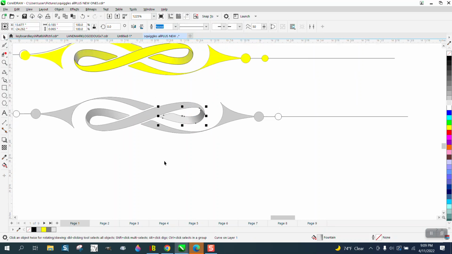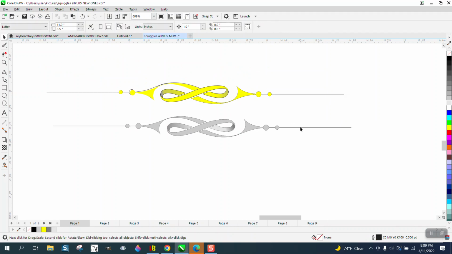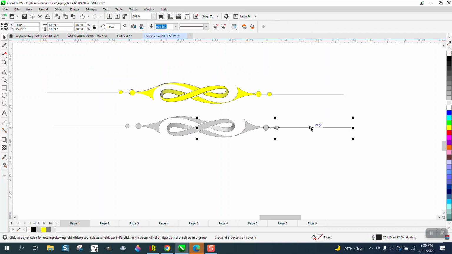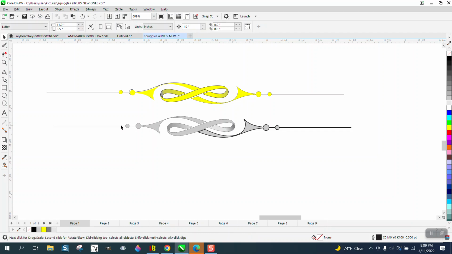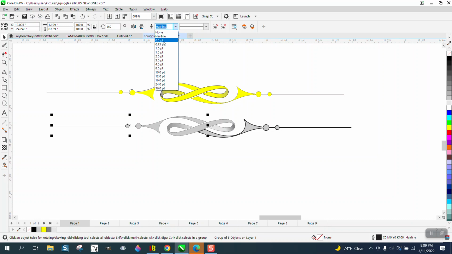And then all you have to do is just fill in your little balls here. Now, these lines are probably hairlines, so if you ever were going to print this, you'd want to change this to something other than a hairline. I don't really like that, but it's just because it's so little is the reason it looks like that. Because if we spread this out,